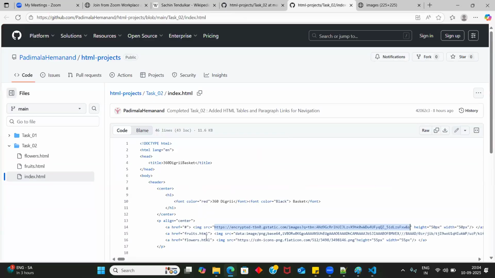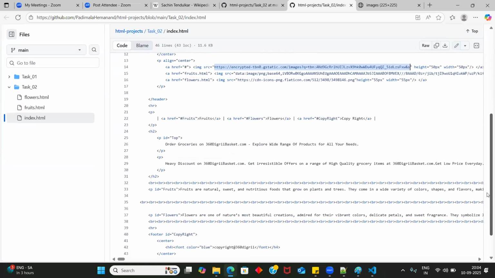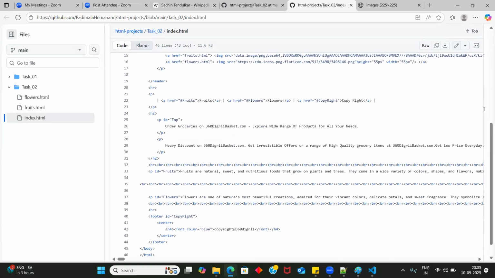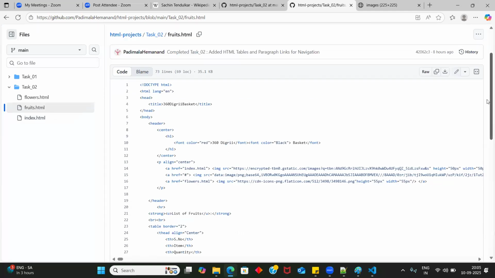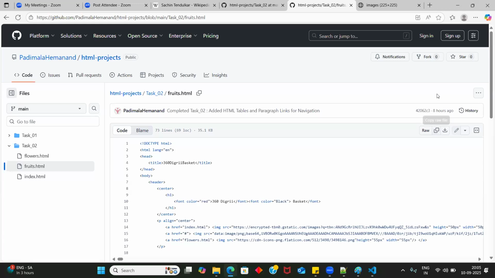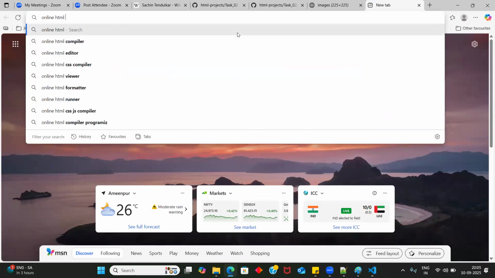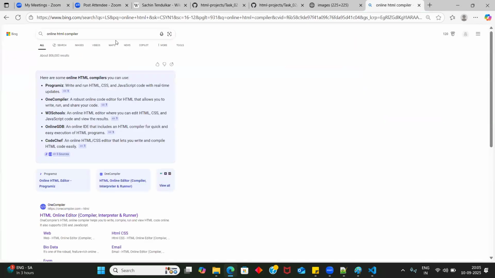Okay, this is a home button. This is fruits and then flowers button. Okay, nice. I think this is the first expectation. And also what I was expecting is, yeah, there's a table tag, right? Yeah, this is what I was expecting. So I can quickly see this execution. Maybe I can take an online HTML compiler quickly just to see the output, I mean, in a